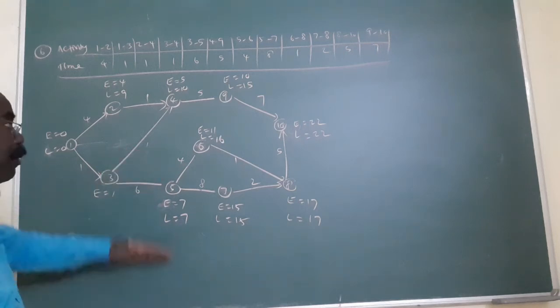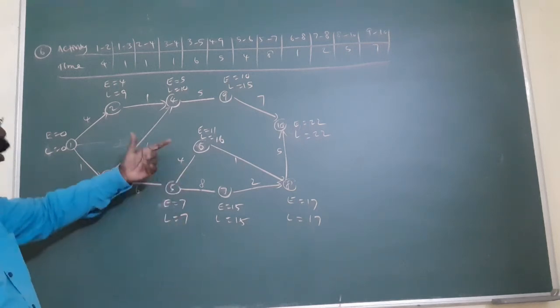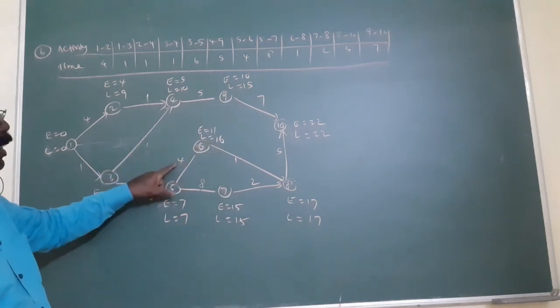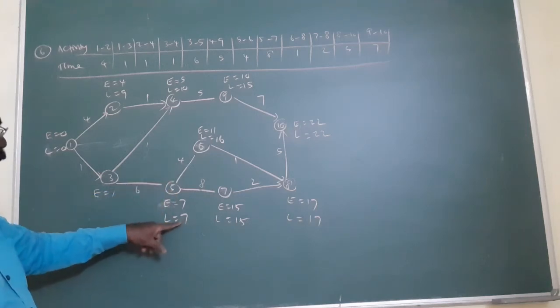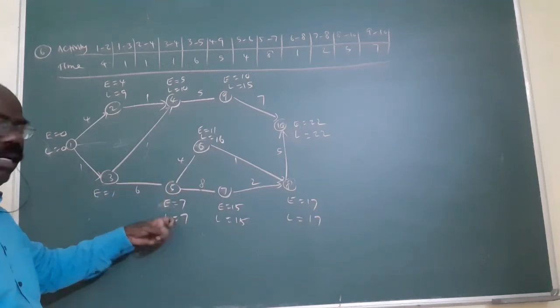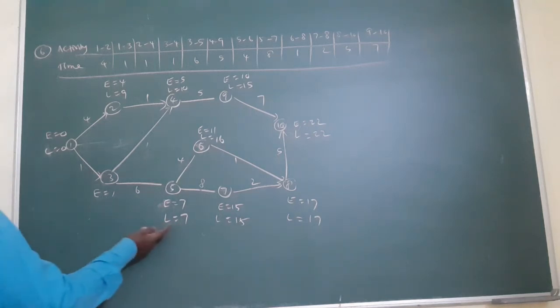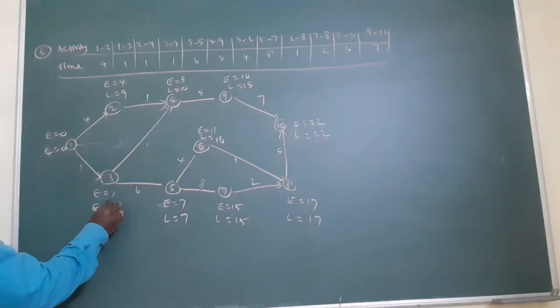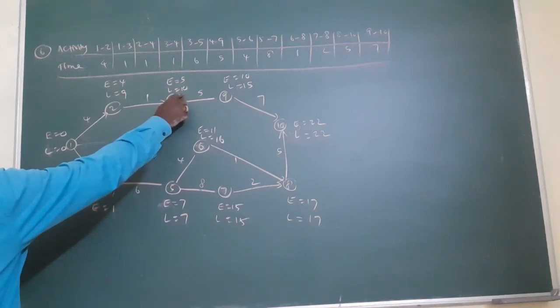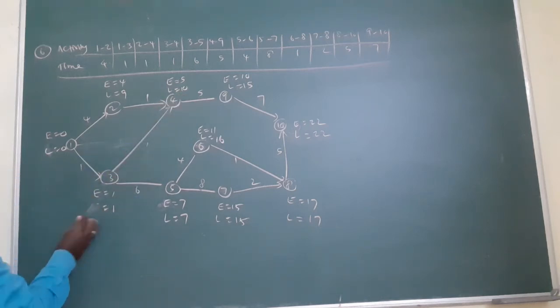In this way, consider both the numbers. I wrote it as 7. But one more concept is what? 16 minus 4, 12. Out of 7 and 12, 7 is the minimum number. That's why I write the minimum, the least number. Am I right? Next also here, 7 minus 6 is what? 1. From here to here, what is the answer? Here, 10. L is 10, you know? 10 minus 1, 9. But out of 9 and 1, this is the least number. That's very important. In this way, you write the answer.